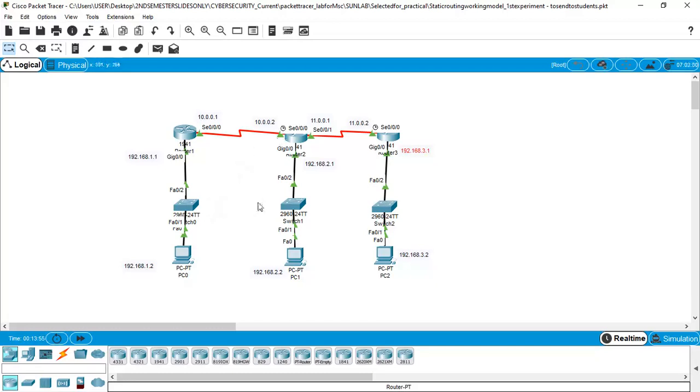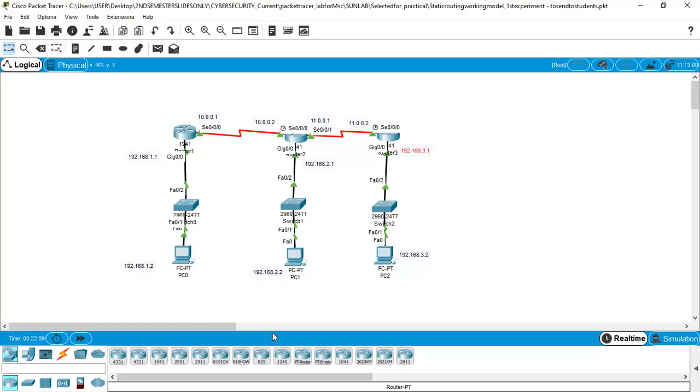So the communication to the network 192.168.2.0 will be through the serial interface 10.0.0.2, and also the communication to the network 192.168.3.0 will be through the serial interface of the second router, 10.0.0.2.